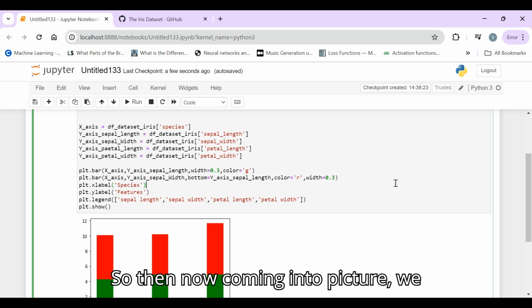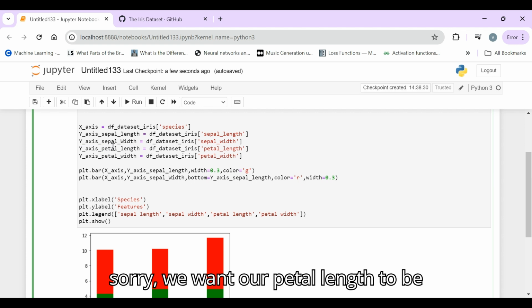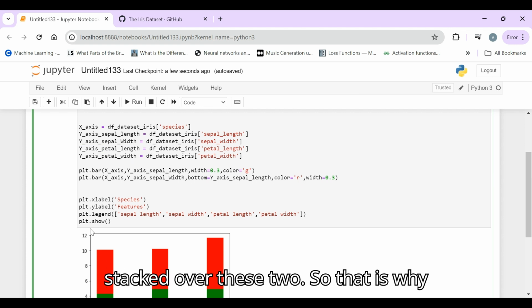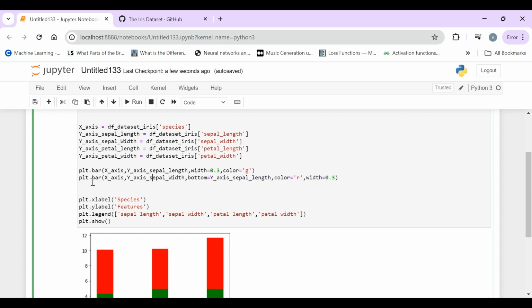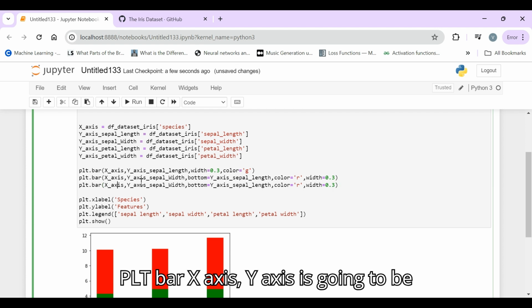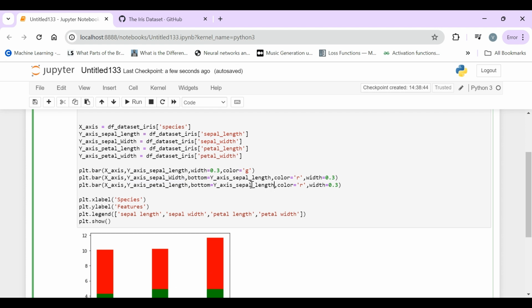Now coming into the picture, we want our petal length to be stacked over these two. So how we are going to plot it is plt.bar, x-axis, y-axis is going to be our petal length. So the values of petal length will be plotted here.